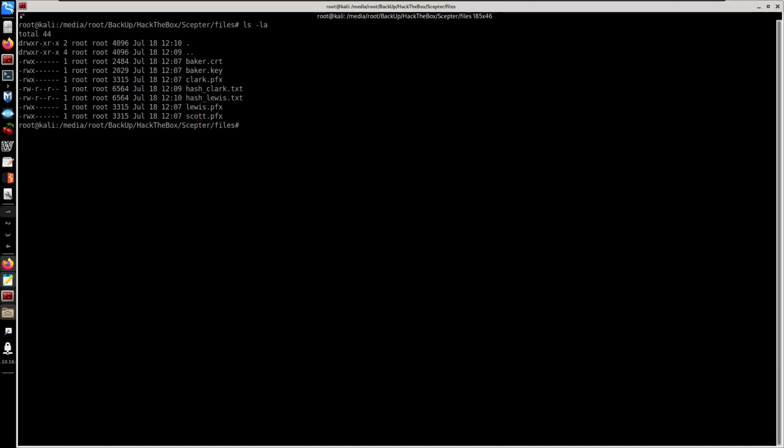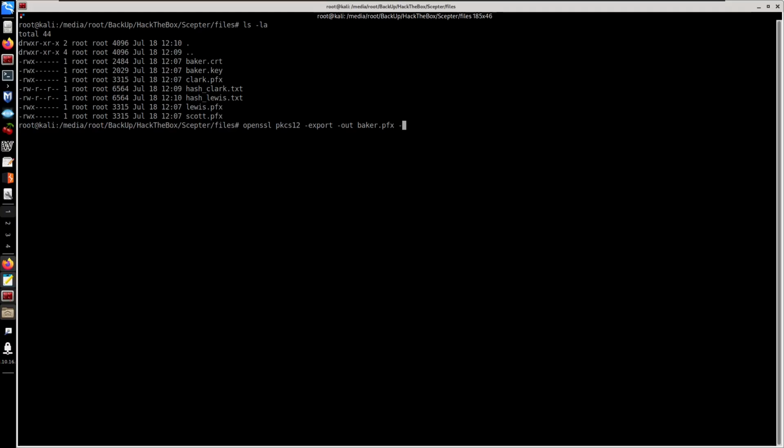Okay, so we do have a Baker cert as well as a key. I'm going to be using OpenSSL, so we can export a new one using the cert and also the key. We'll put this into an -inkey and also an -in for OpenSSL. And from there we can output a new PFX for Baker. OpenSSL, we'll do pkcs12. We'll do -export, -out for Baker. I'll just keep it the same for just Baker